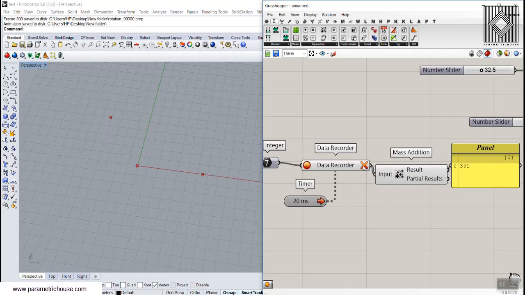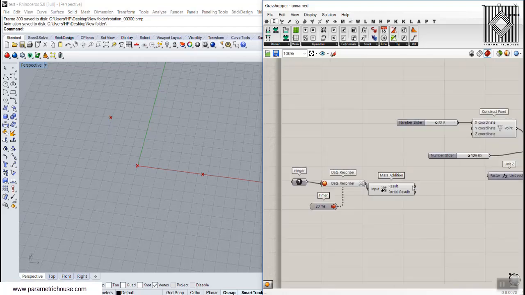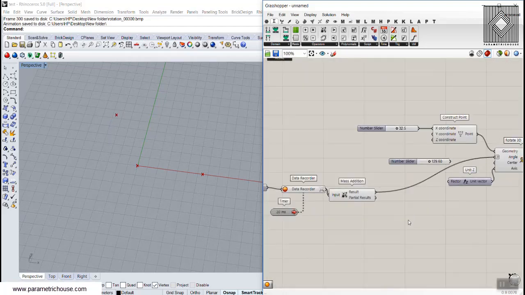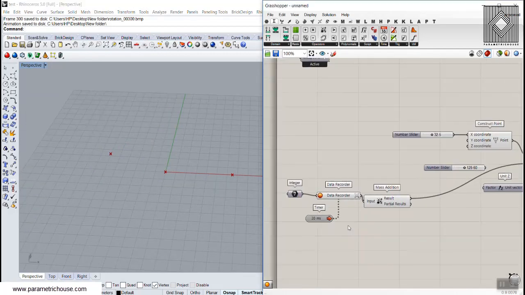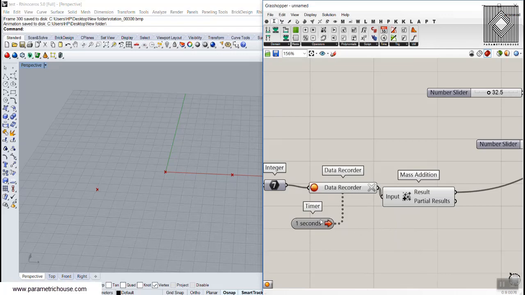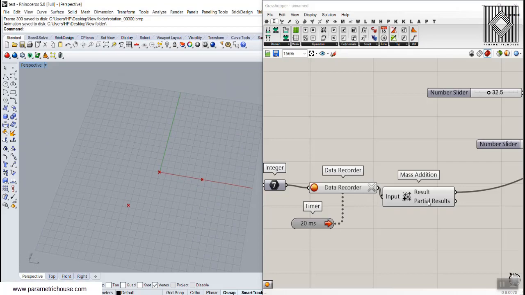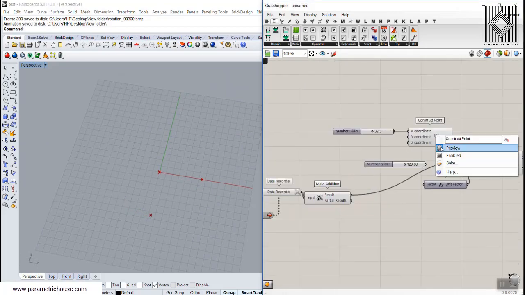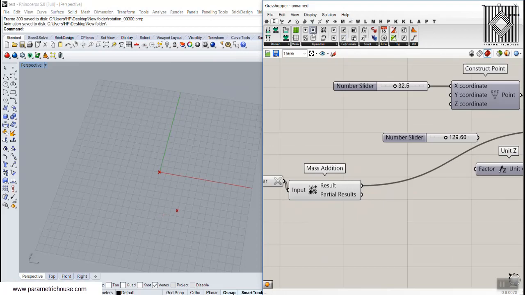So we can just hit this button and start from 0. We can double click on the timer and stop it or pause it, and you can also make it from 0 again. And this is the most simple tool you can make to produce a timer. So now if I connect this to the angle, you can see that I'm making a rotation. From here I can increase or decrease the speed for making it 1 second each interval, and we can also increase the speed. Let's just turn this off by multiplying the number.